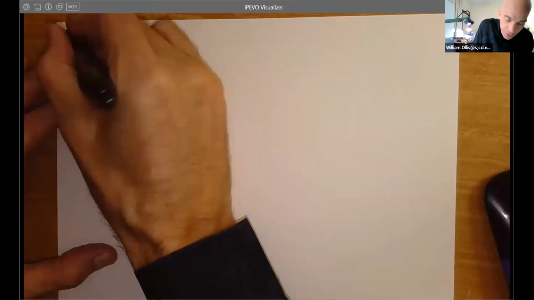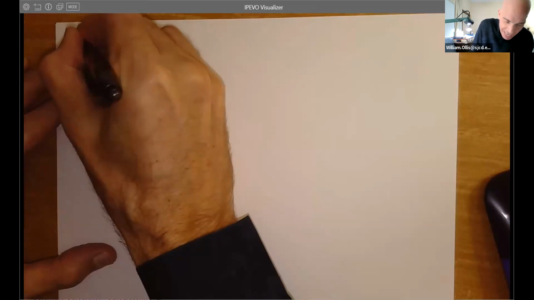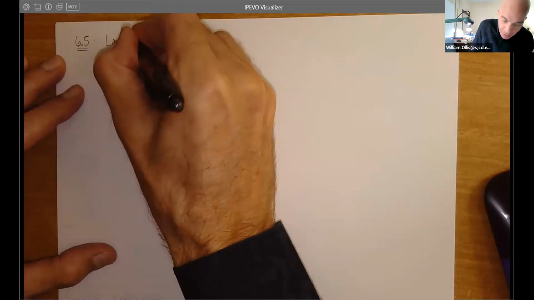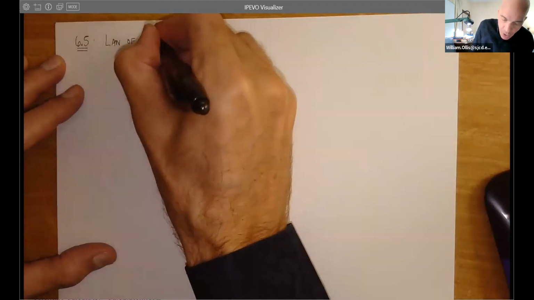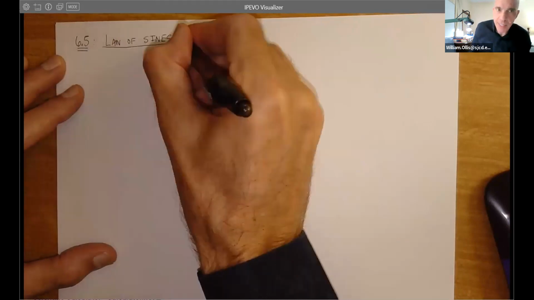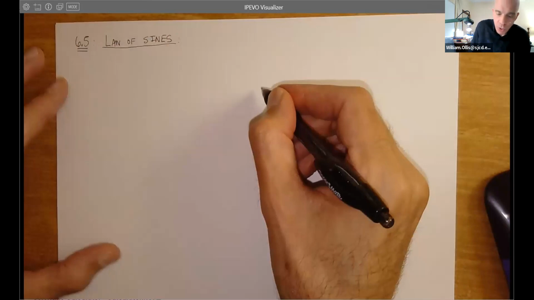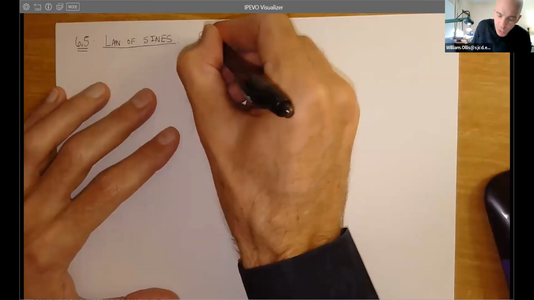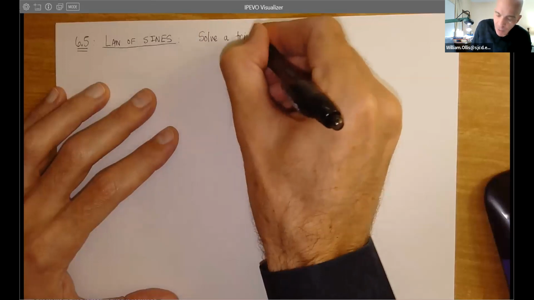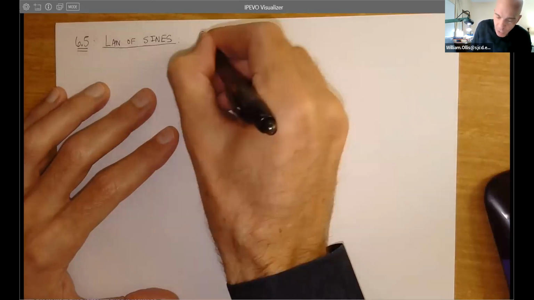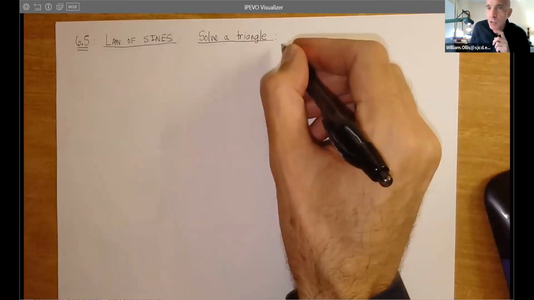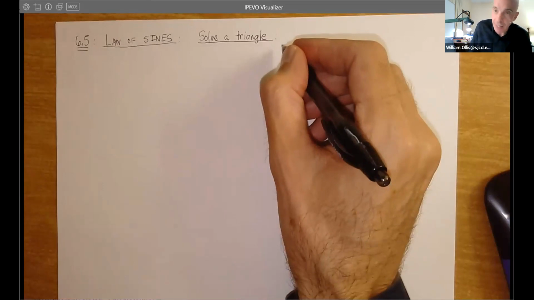So we're going to say law of sines. And this is actually easy to motivate. Law of sines. So what we're going to do is start out with a generic triangle because we're lazy. For instance, when you want to solve a triangle, a general triangle, when is it possible? I like the way Dr. Stewart does this. You can have 4 hypotheses that will allow you to solve an arbitrary triangle,